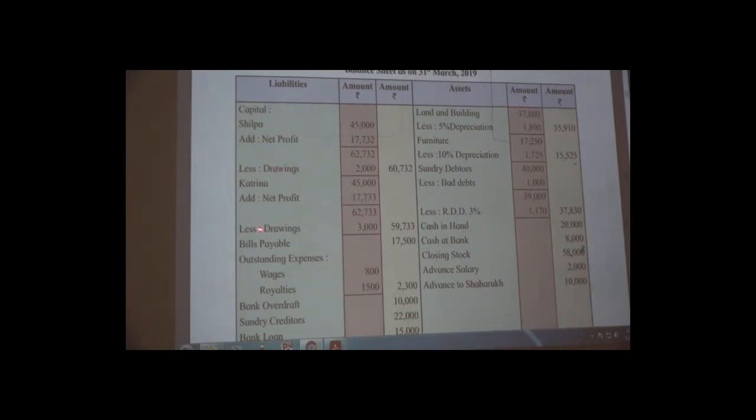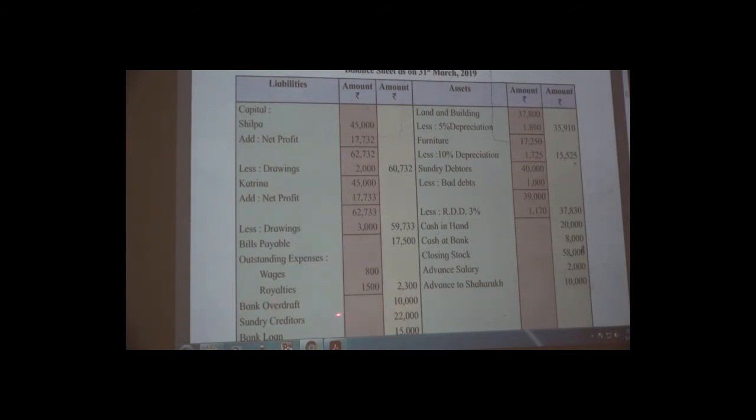Bills payable is a liability for the business firm, that's why bills payable are always shown on the liability side. So see, this is the balance sheet, liability side, bills payable, this item is given immediately next to capital. So bills payable is a liability, that's why it is recorded on the liability side. Then next item, bank overdraft. Again, bank overdraft is a liability, so it is shown on the liability side.